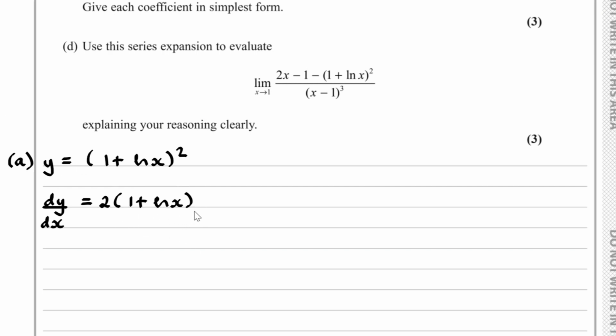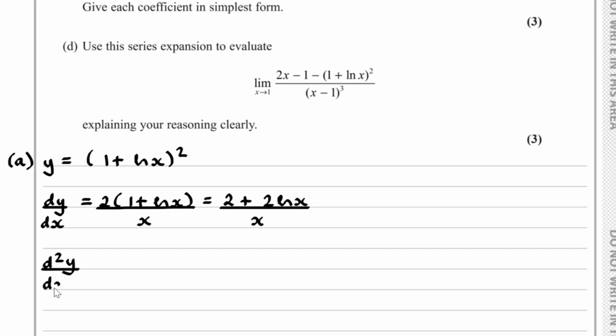So we divide this by x. And if we expand the brackets, we have 2 plus 2 times by the natural log of x over x. And if we differentiate once again,